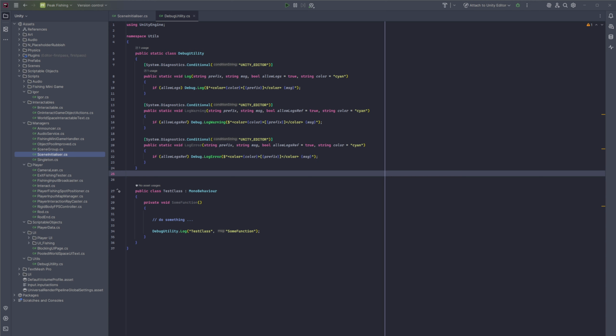Today we're checking out a very neat debug utility. It is simple. It allows us to get a bit more color and have a bit more control for our debug logging in Unity. So how does it actually work? Very simply, we are wrapping our debug log, warning, and error with our own version that is just taking in